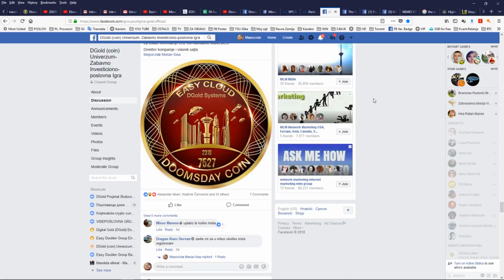It will come and you will be able to see it and work on it from today, actually 2 weeks from now. It will be two weeks from now. It will be in full function for you. So somewhere around 20th of the October, Doomsday Coin will be integrated in our system. So you will be able to have all of the benefits of this system.